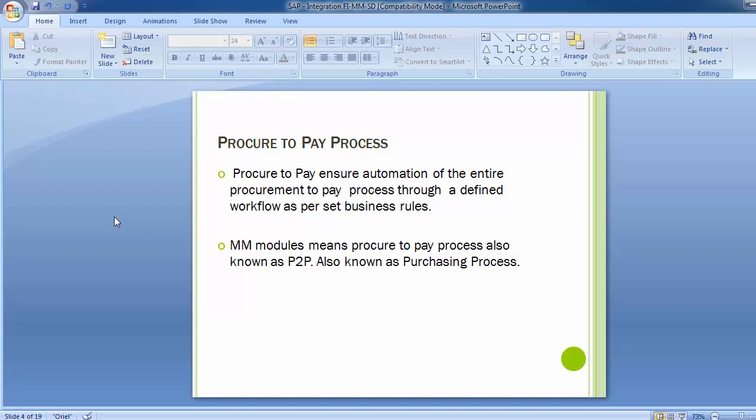Each of those movements of material has a different movement type as defined in the SAP system, and this is a basic standard SAP practice. Thus, the various account assignments are linked to the movement type.